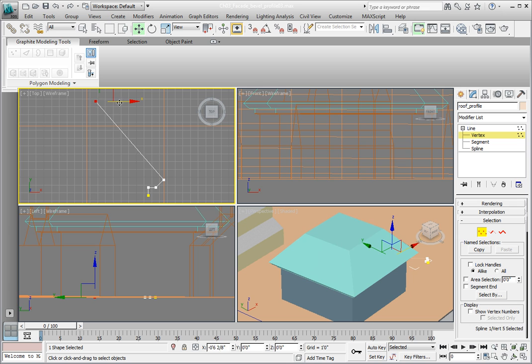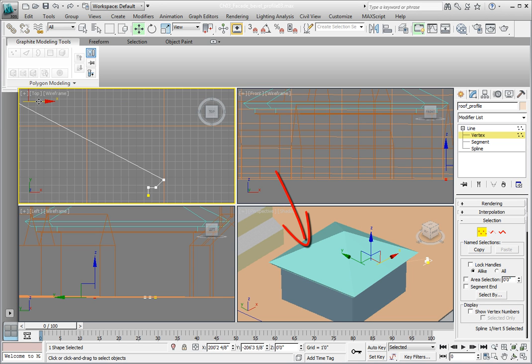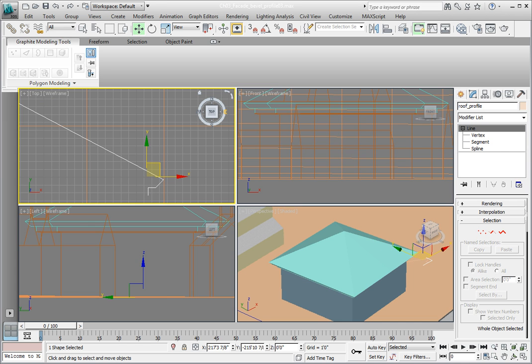Try moving the vertex so that there is very little or no noticeable flat area on the top of the roof. This roof is now a hip roof, as we can see in the perspective viewport. Exit sub-object vertex mode by clicking in the modifier stack view on the line, and then press Ctrl S to save the file. You have edited a simple 2D shape to affect a 3D object created by the Bevel Profile